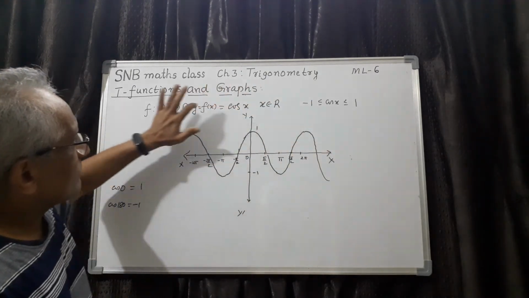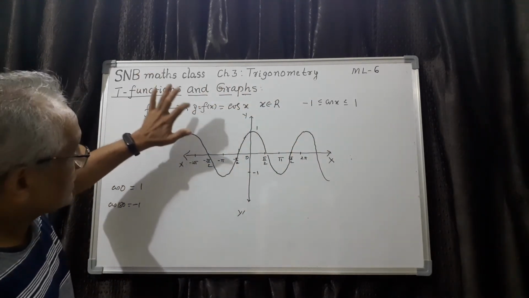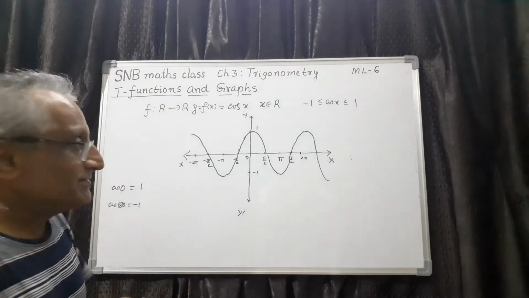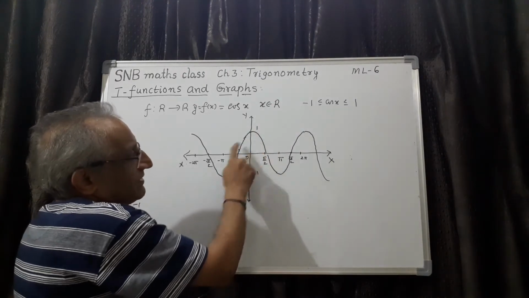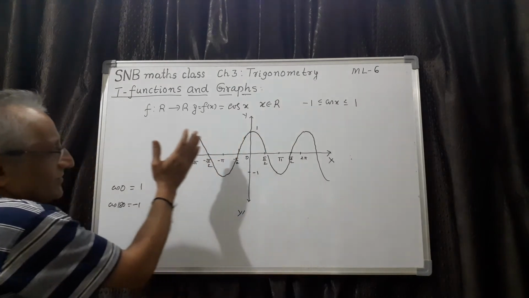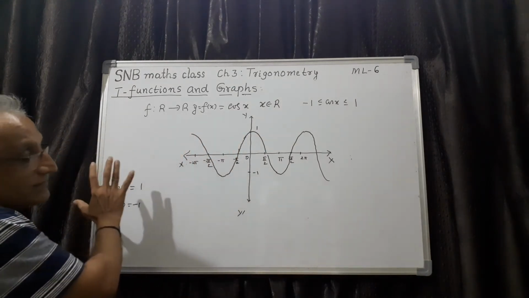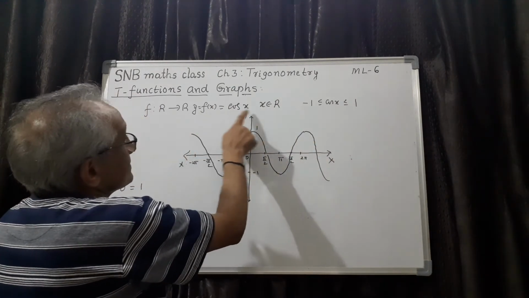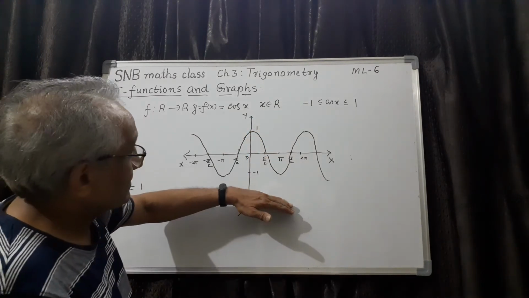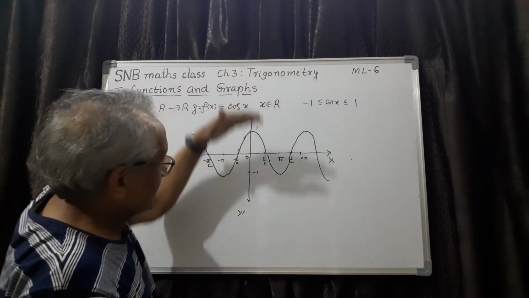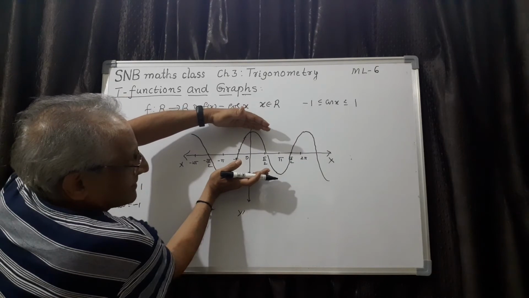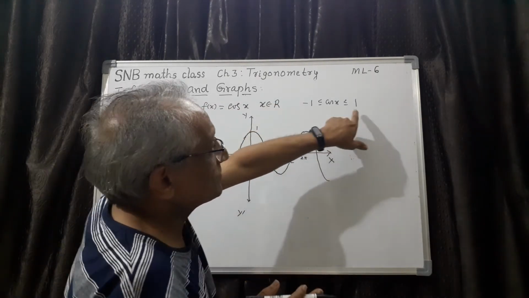Once again, f of x equal to cos x is a function whose domain is R. Why is the domain R? Because for every x you can find a value. You can go in this direction infinitely, you can come in this direction infinitely. Therefore the entire domain is the set of reals. But what is the range? See, this is what you have to understand. It cannot go this side, it cannot come this side also. So it lies between only +1 and -1. So the range is -1 to +1.